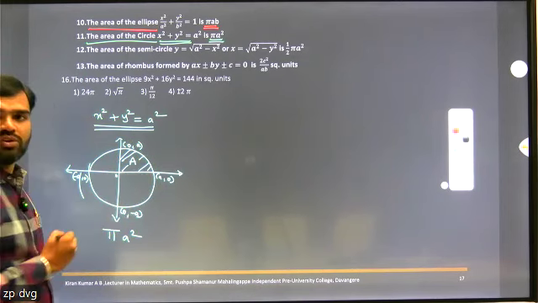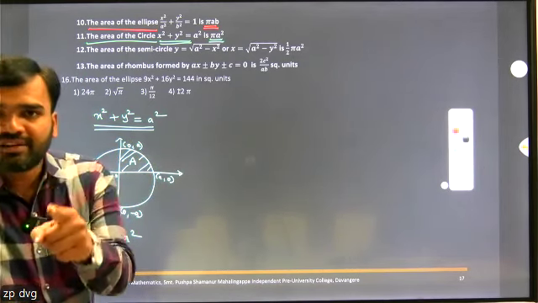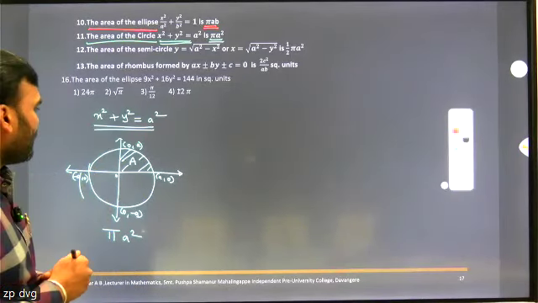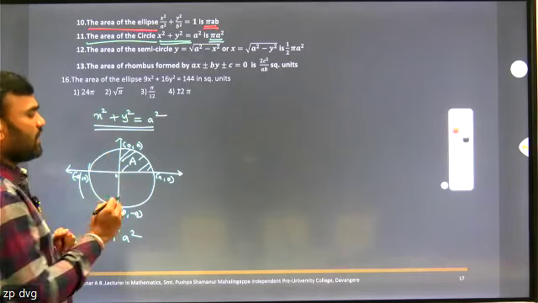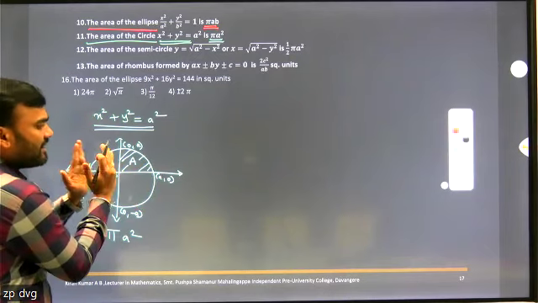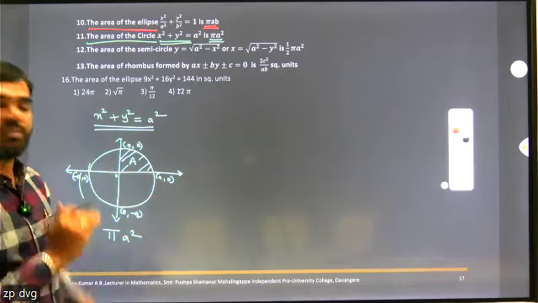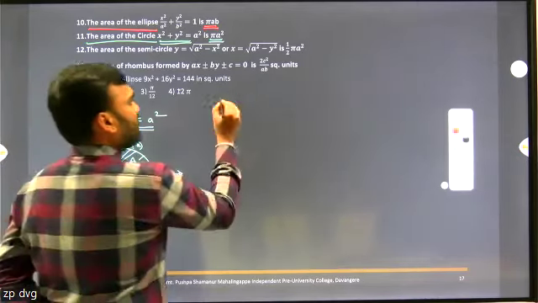0 to A. Already I told: limits in terms of X means equation in terms of Y. Equation in terms of Y only. Actually, in PU, what we have to take? This one is symmetrically cut into X-axis means 2 parts, and then cut into Y-axis means 4 parts. The required area,